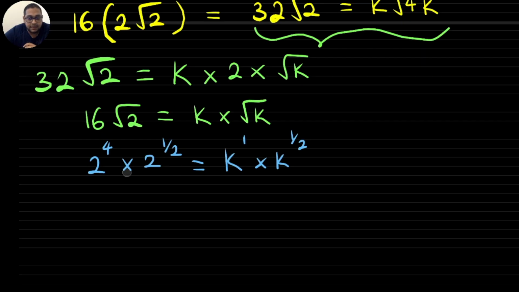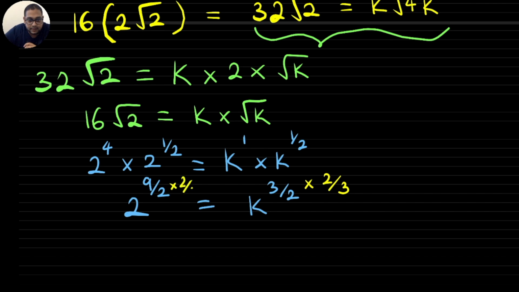When you have the same base with multiplication in between, you can simply add the powers, which means your left hand side would become 2 to the power of 9 over 2, and your right hand side would become k to the power of 3 over 2. Now, in order to find the value of k, I simply need to get rid of this power of 3 over 2. So you simply need to multiply by the reciprocal of it, and that will be multiplied by 2/3, and onto the left hand side as well, considering the powers, you have to multiply it by 2/3,